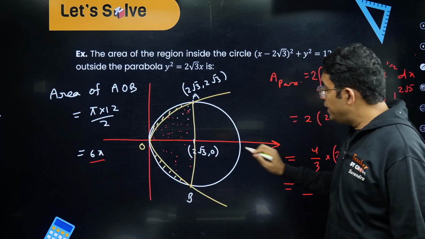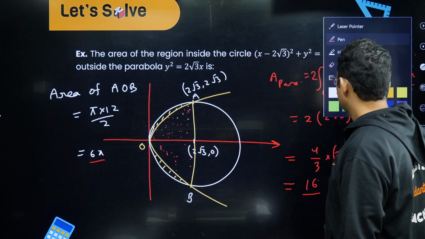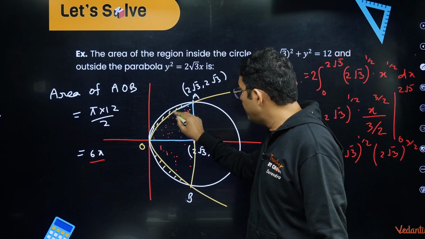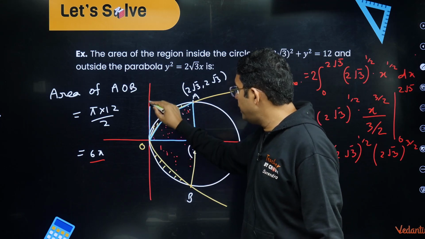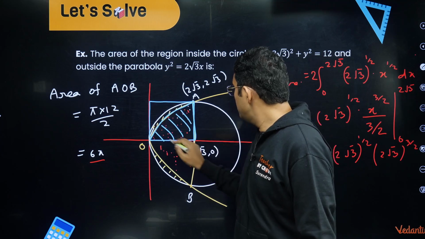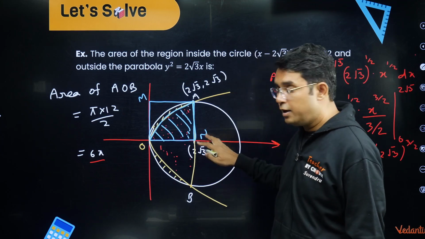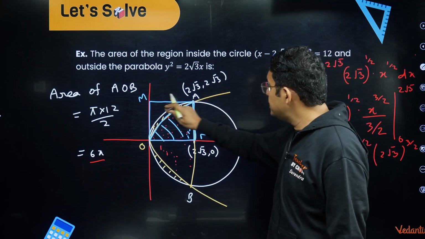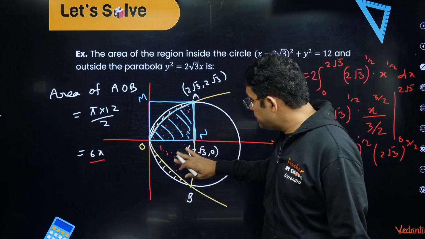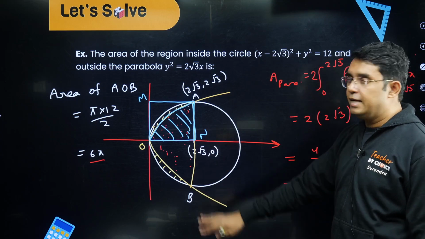So dear students, please remember that if we are looking for this area inside the parabola, it is given by 2/3 of this rectangle. This area is equal to 2/3 of the rectangle OMAN. Now you can see the rectangle has area 12, so 2/3 of 12 will be 8. So 8 plus 8, 16, and that is what we got after doing the integration. If you know that 2/3 thing, integration is not needed.